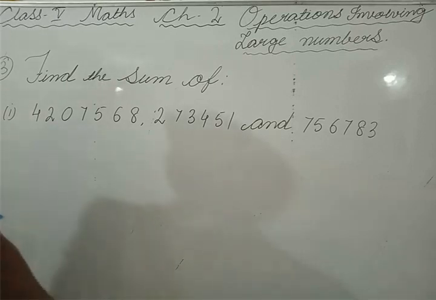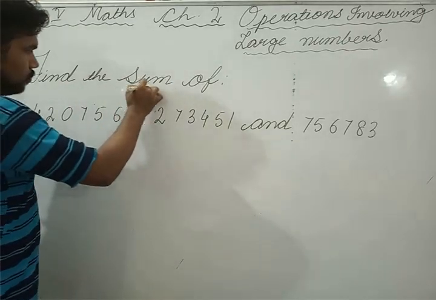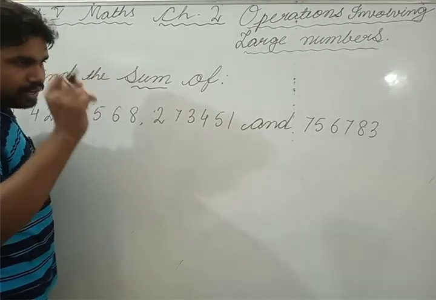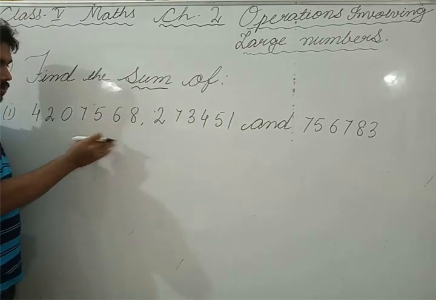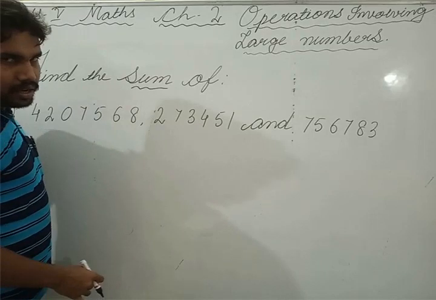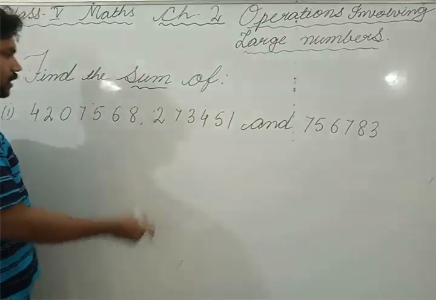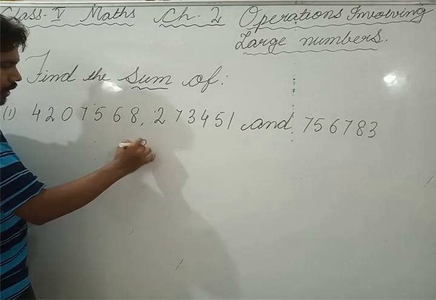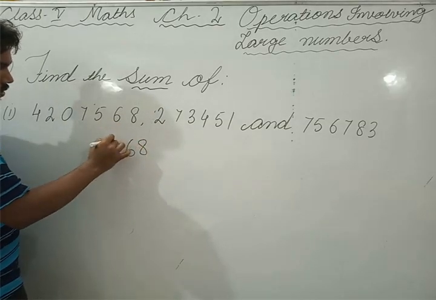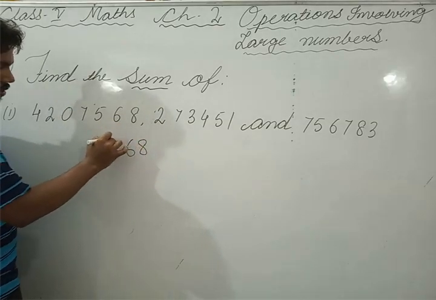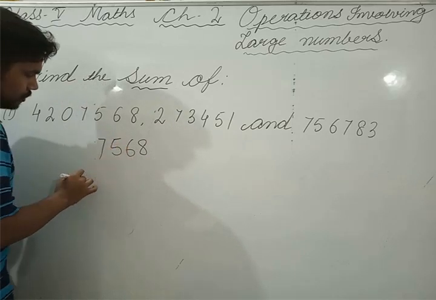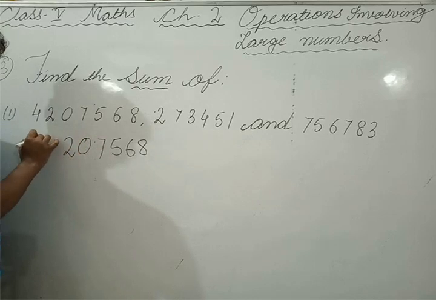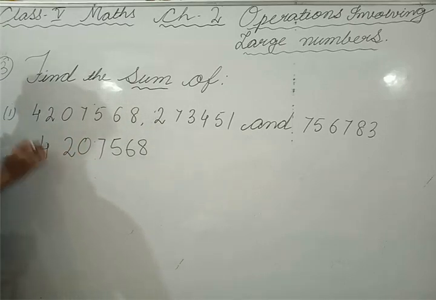Next question is also addition only. Sum means addition. You have to find the sum of these three numbers, but very carefully you have to arrange the numbers from the right side as per the place value of the number. So here first you can write this number. 8 6 8 1 6, 500, 7000, 0 2 4. So this is the number which we have.